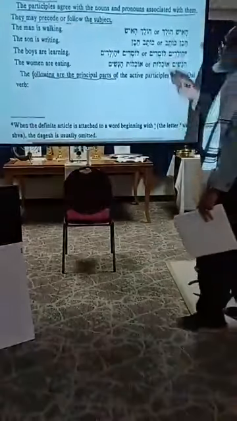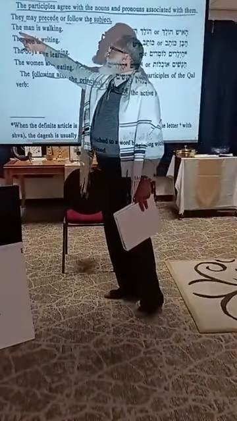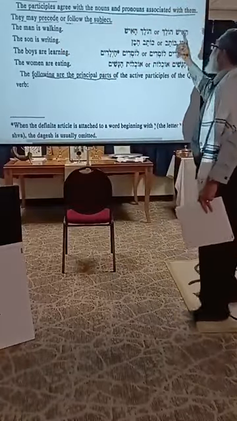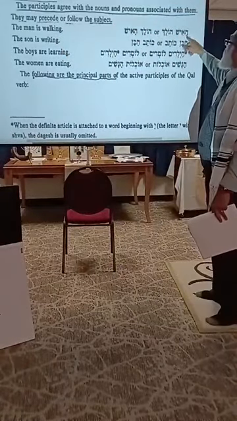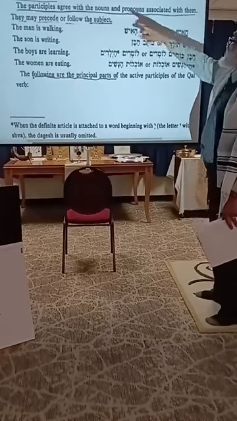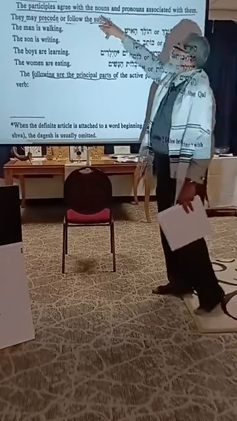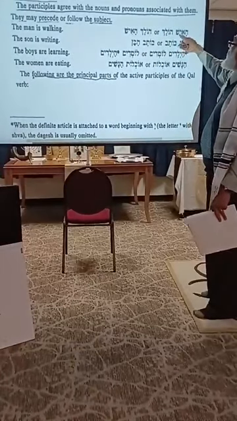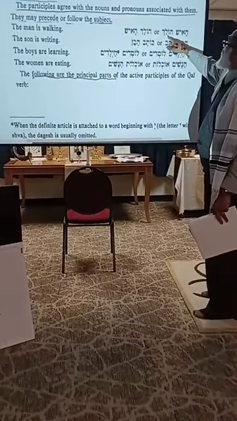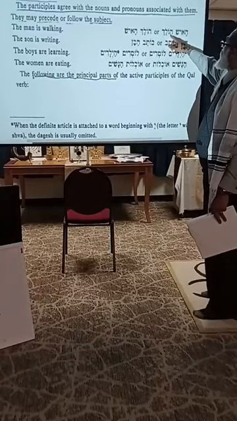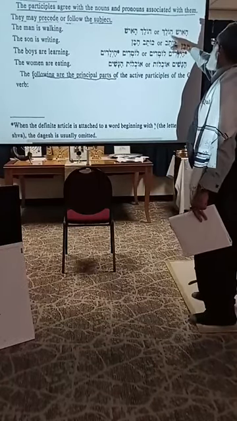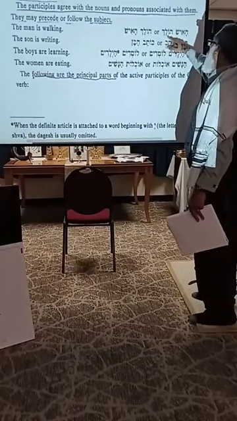Okay? The clue is given right here with the sentence. The man is walking. So, ha-ish means the man because the participle has to agree with nouns and pronouns. The noun is man, so it is the man. So with this word here, which is holek,